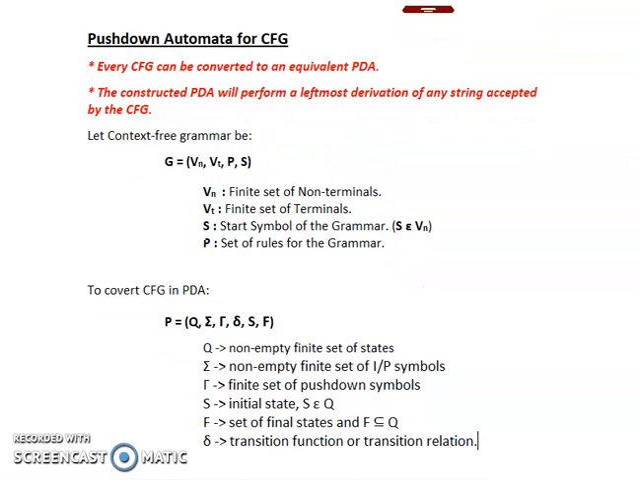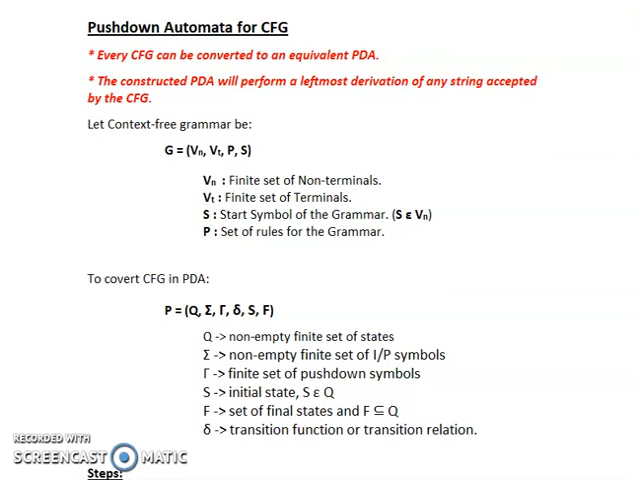Now, before converting a CFG into a PDA, let's describe the CFG and PDA in mathematical form. Mathematically, a CFG can be described using 4 tuples. The first tuple is Vn, the finite set of non-terminals. The second tuple Vt is a finite set of terminals. The third tuple, capital P, is a set of rules, also known as production rules for the grammar. And the fourth tuple, capital S, is the start symbol of the grammar and it belongs to the